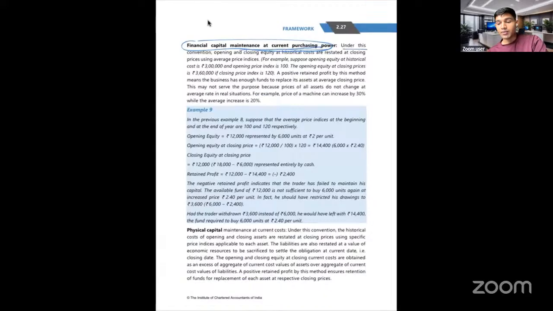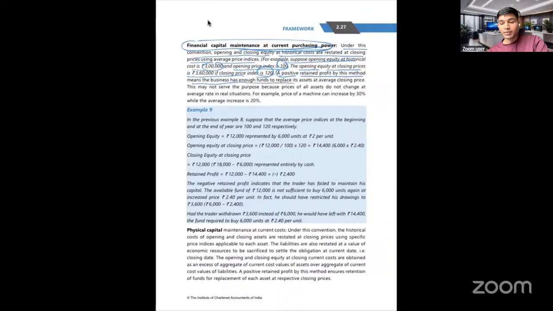current purchasing power, under this convention, the opening and closing equity at historical cost are restated at the closing price using the average price indices. For example, suppose the opening equity at historical cost is rupees 3 lakh and the opening price index is 100. Then the opening equity at the closing price is rupees 3 lakh 60,000 if the closing price index is 120, by considering the inflation, and